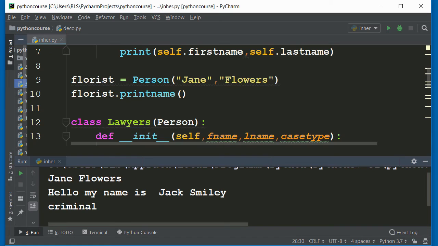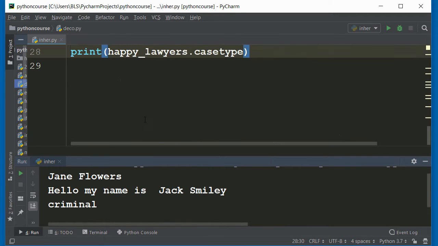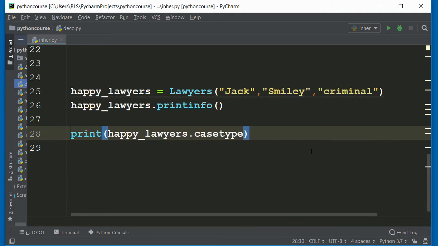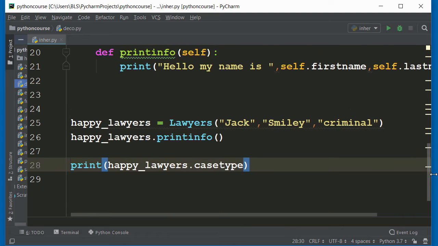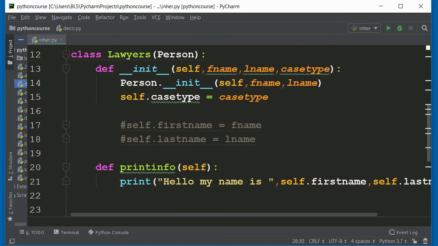So it's printing the name of this instance, which is Jane Flowers. And then if I go to the next statement, which is on line number 26, it's printing out this print info method, which says hello, my name is Jack Smiley. And then line number 28 is printing the case type, which is criminal. So we can see here I'm able to reference the individual method of the child class, which is independent of